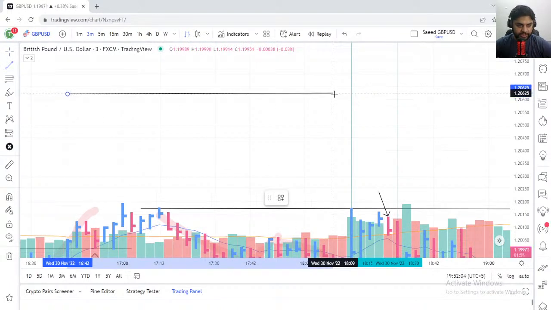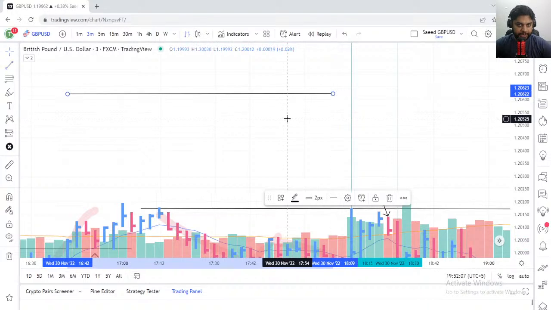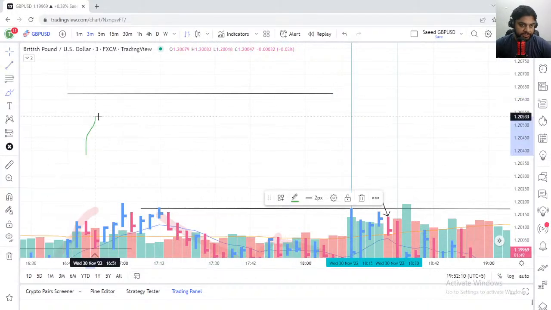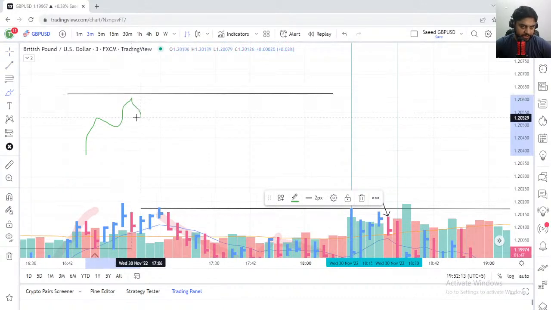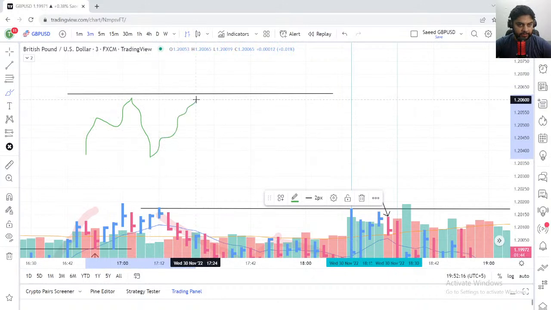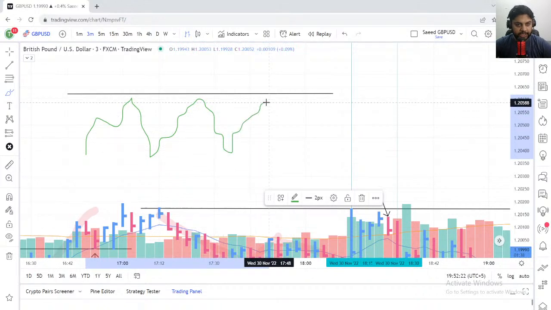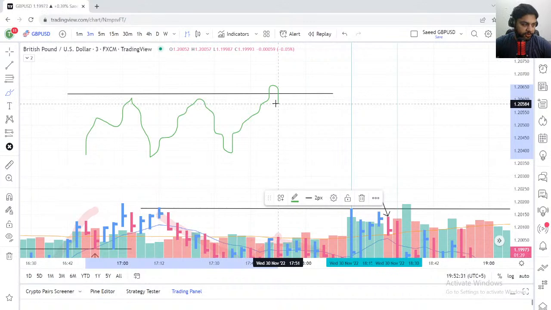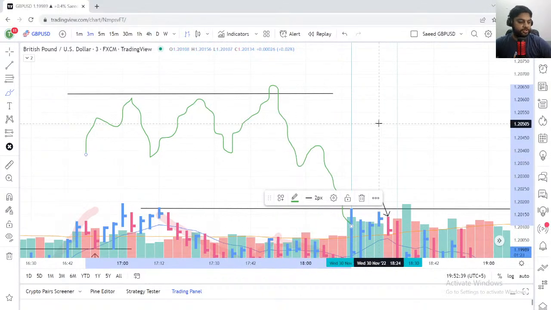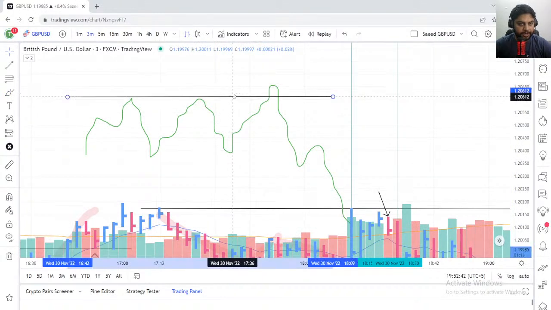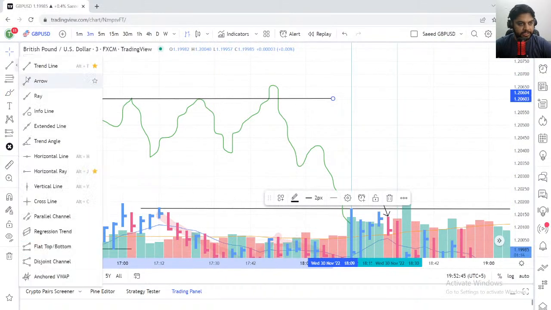What's an upthrust? An upthrust is a bar or a move which happens like this. So there is this resistance, the market falls down from here, it goes up again and tests this resistance and then falls back down again, and then the market is going up and then it goes further than the resistance, but it quickly reverses. So there is a lack of follow through. The market is failing to follow through to the upside. The market is unable to go up, and then it falls down with a strong downward move. This move right here is called an upthrust.